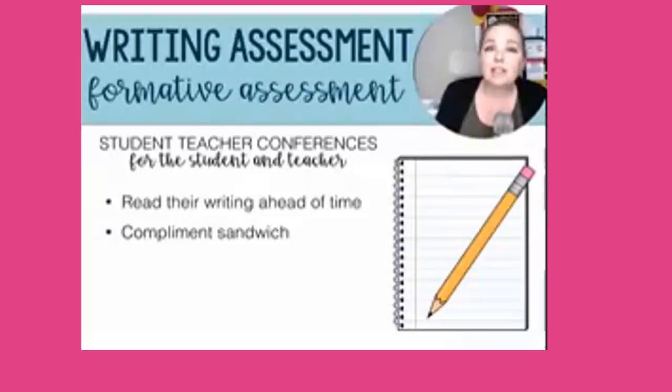And then I will end it by telling them an area of growth, or giving them a little anecdote that I think would be helpful, and maybe even making a connection to something that they reminded me of, or something that I really liked about their story. I might pick a character I really liked, or maybe a line that they wrote that I really enjoyed. I'll tell them what I enjoyed about their story. So again, that's what their skills were as a writer versus what their needs are, and then perhaps my personal little anecdote about something that I liked specifically about their story.